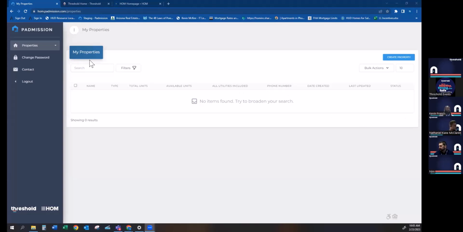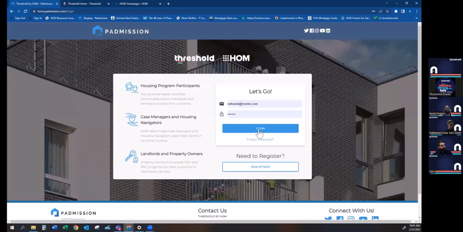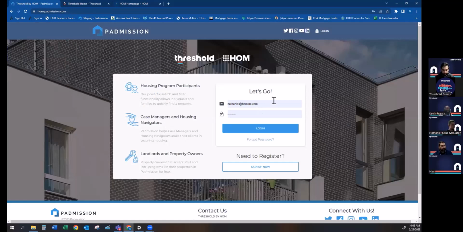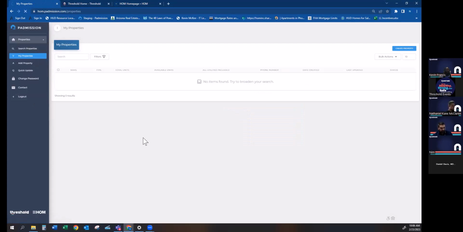Cool. All right. So you guys should be able to view my screen here. And so when you log into Padmission as a property manager, you're first going to be under the drop-down menu of properties, and it's going to bring you down to the My Properties sub drop-down menu. So we're going to go in chronological order, starting from search properties and then going down. Sorry about that. From here, going back to search properties,